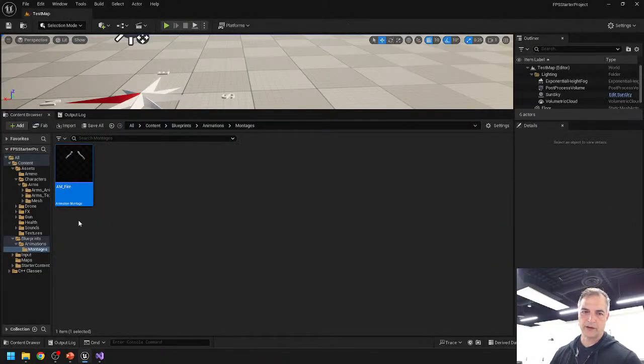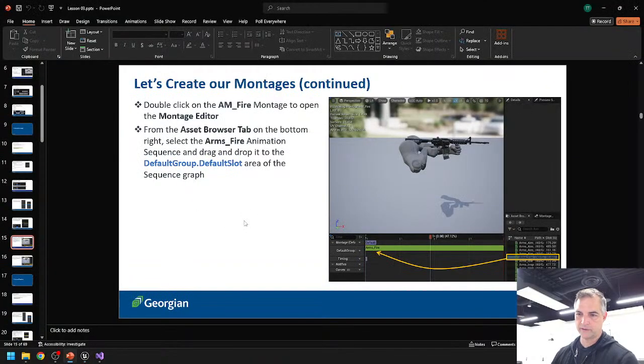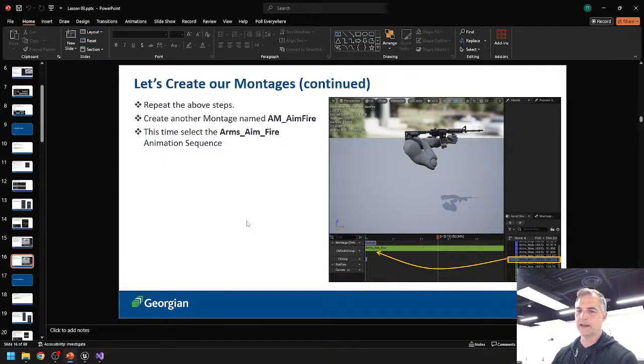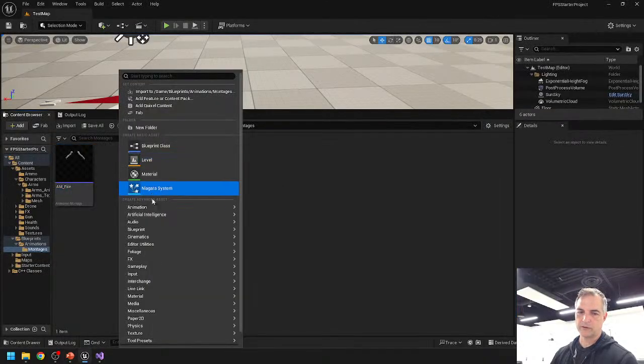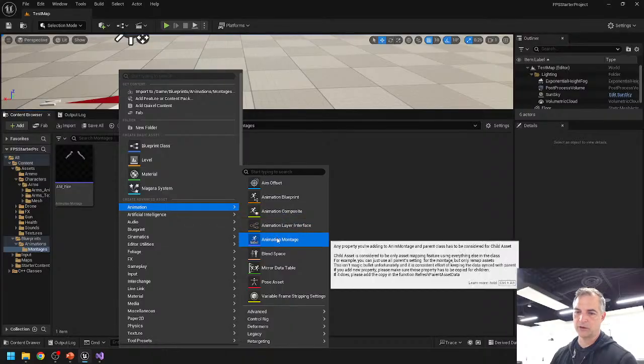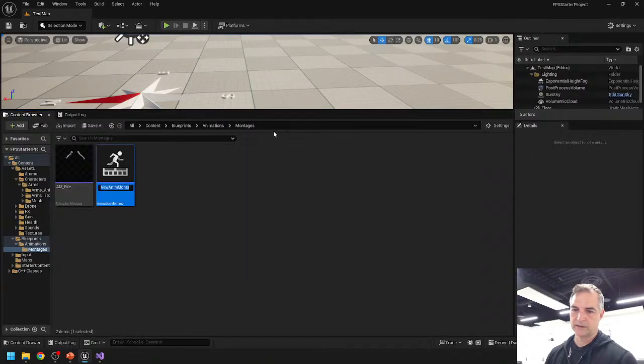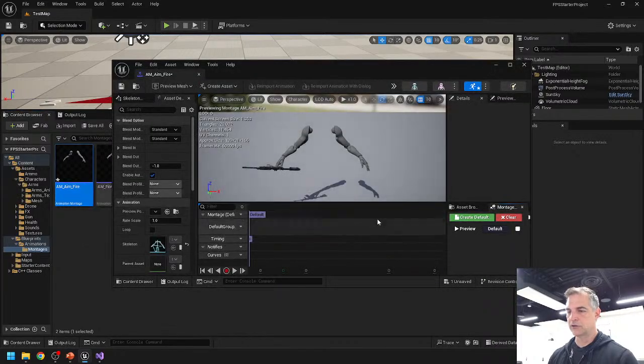Let's do another one. Now that we have the animation fire, that's the first montage, we want to add in the arms aim fire. So there's firing, and there's firing when we're aiming down the sights. Okay? So let's do the same thing. Animation montage. We're going to click the skeleton that we want, and then AM, and it's called aim fire. AM, aim fire. And then when I double click on it, we can choose,